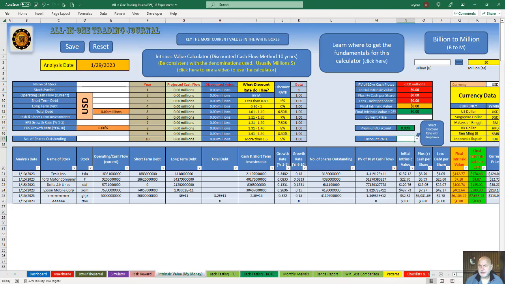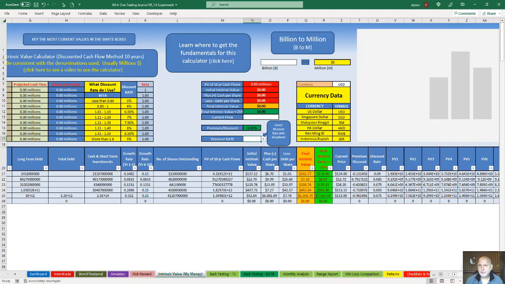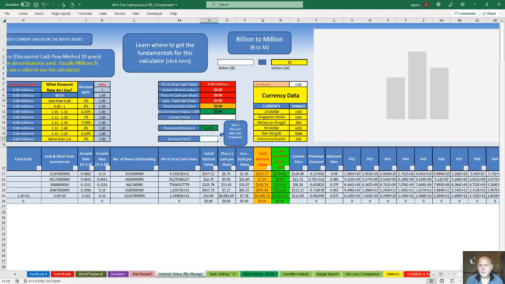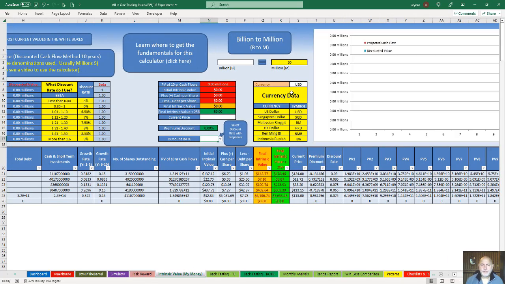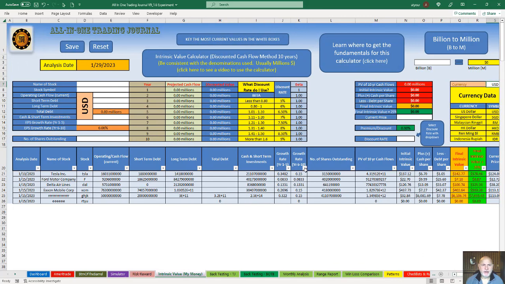Further to the right, you're able to determine how many millions billion ends up being. Or you can select the currency you actually work with. I work with USD. The graph is currently empty because we have no statistics in the actual intrinsic value part of the calculator. So if we tell it it's